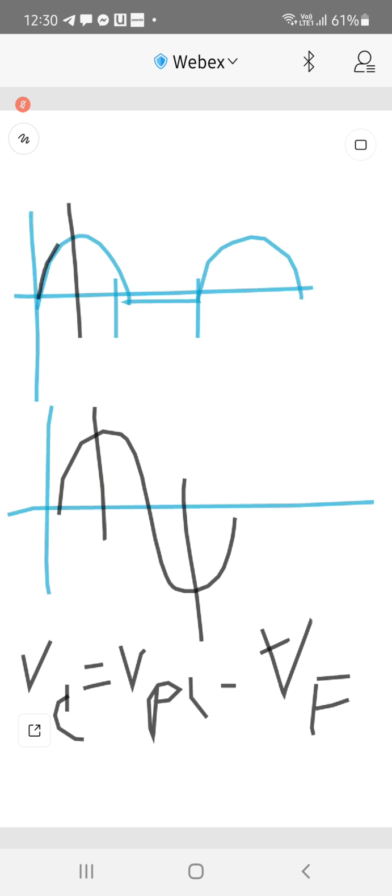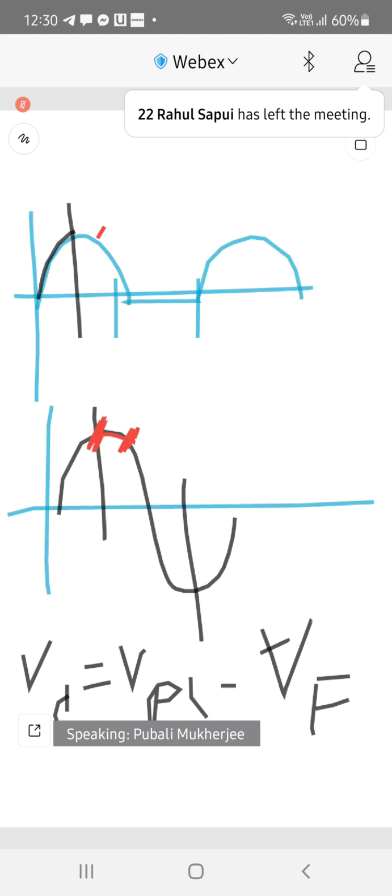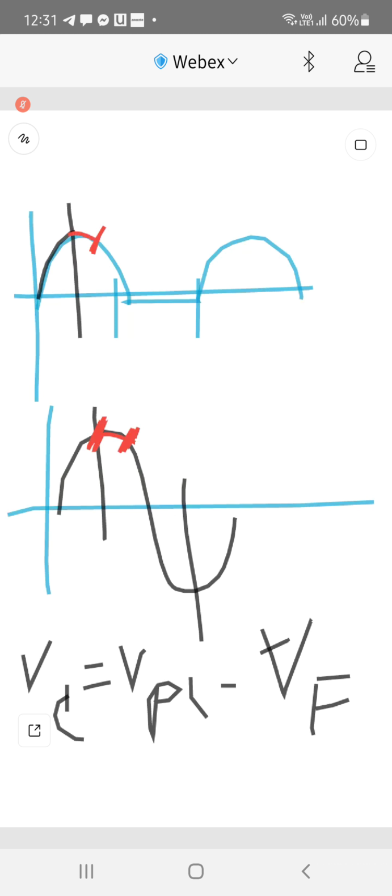Fine. Now suppose you look at the input signal. We are in a condition that we are here, and up to here VPI minus VF, up to here in the output VPI minus VF. Both the positive and the negative of the diode are getting VPI minus VF. Okay, now when in the input signal, marking with yellow, from this point it has reached pi, that is 0. It has reached pi, that means input signal peak value has come down to 0.